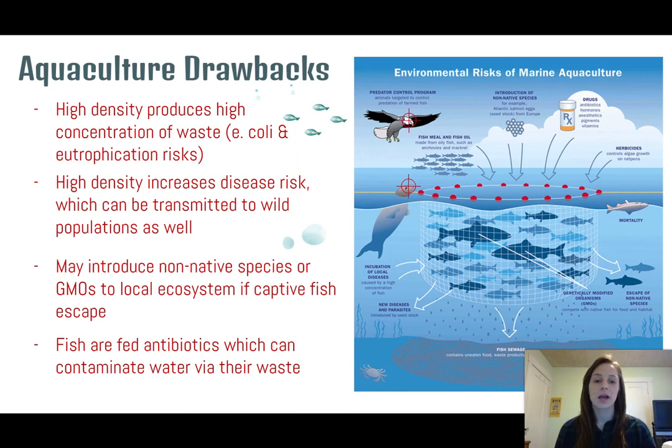So this diagram shows quite a few of the things that are introduced to this ecosystem, and the problems that come from it, like the waste or new disease or parasites. And additionally, one of the problems that can also happen is that wildlife are going to come and try to eat these very tasty contained fish. And sometimes the farmers of this aquaculture are going to kill off the predators, like seals or raptors who are going to try to come in and eat. So now we're also causing problems to organisms who might not even be in the ocean with them.